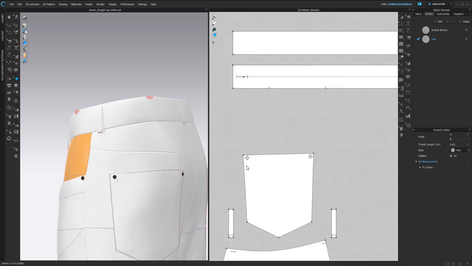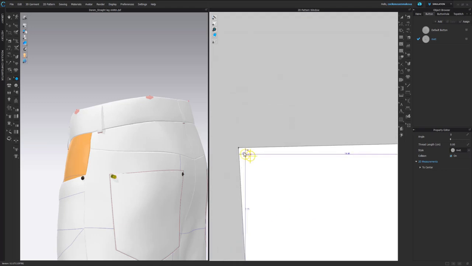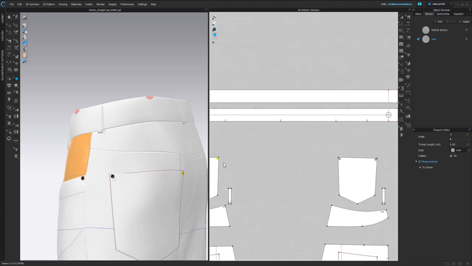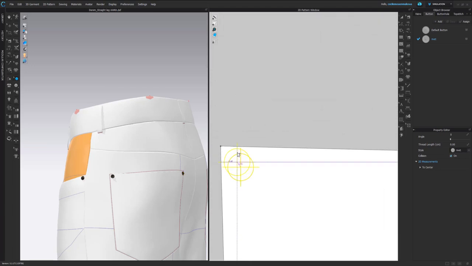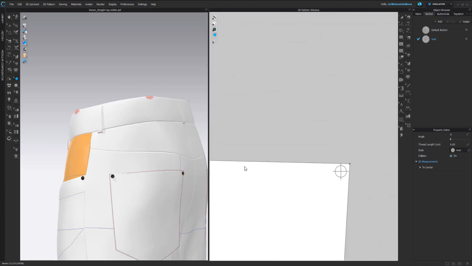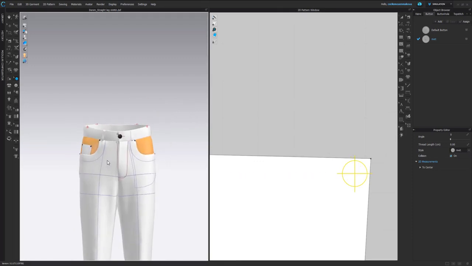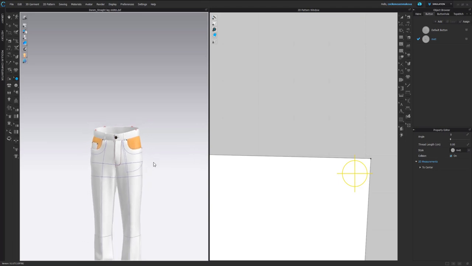And for the back pocket, like this and like that. And for the other side, like this and like that. Great. So once that is done, then we have placed our rivets and our button, and we have placed our